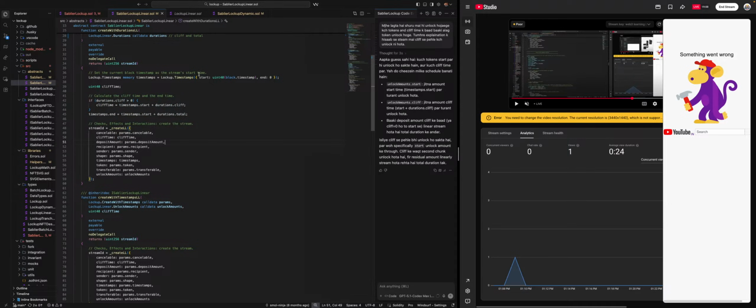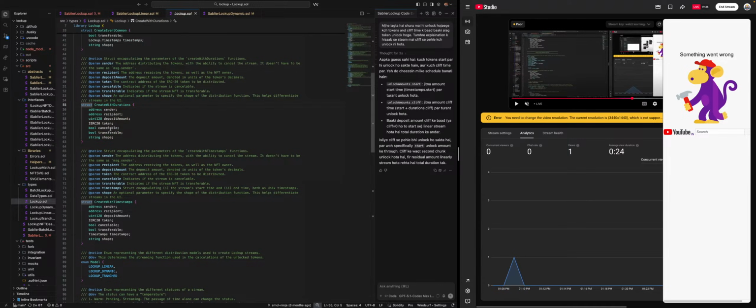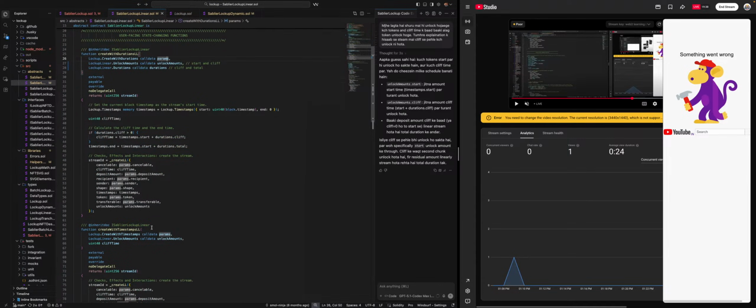Yeah. So once we calculate the cliff timing and the total end timing from the current time, we'll just call create LL with the parameters cliff time, and everything remains the same. Deposit amount, recipient, sender, shape will be, I guess, oh, that's weird. Shape is okay within the params, right? So it should be a string. Okay,